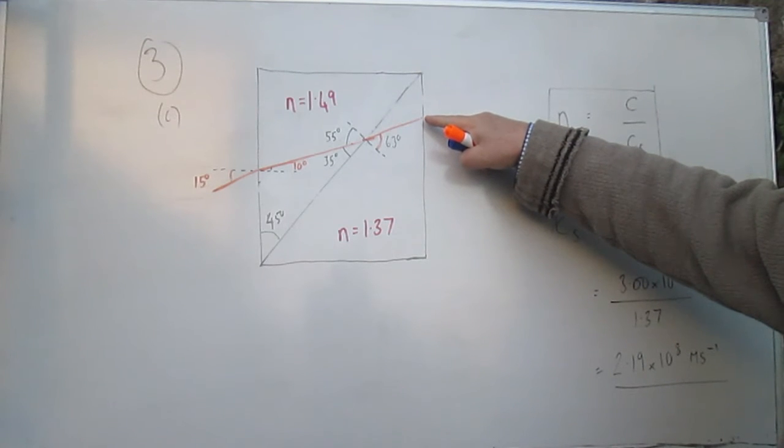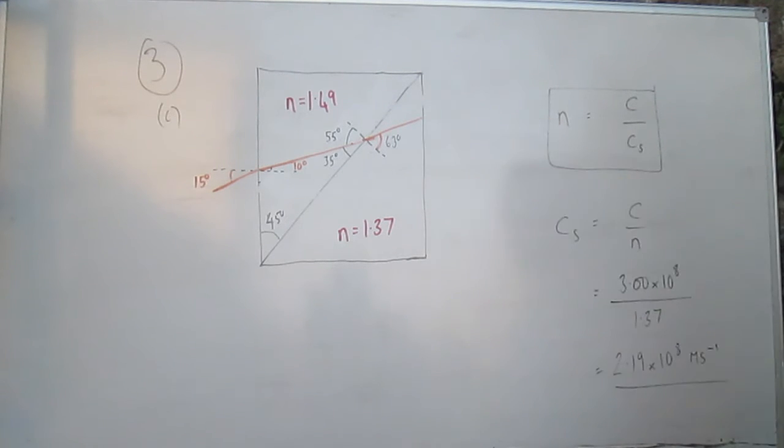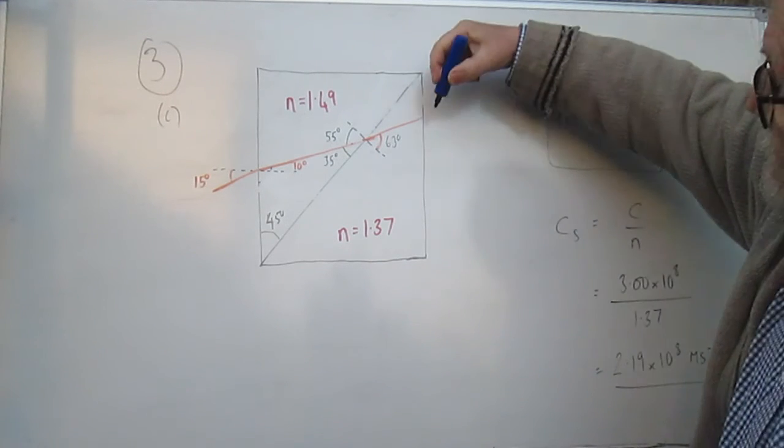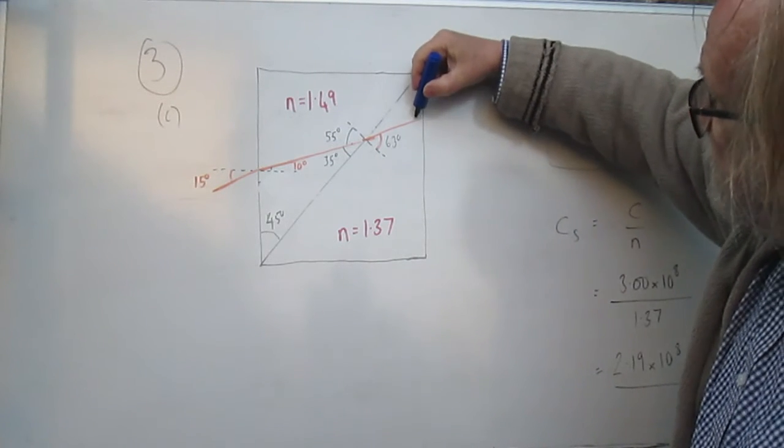In part 3 it asks us to draw on then what might happen when you get to the boundary here and the light emerges again. It doesn't actually tell you that you have to calculate exactly what happens, and the fact that it uses that phrasing, a path that the ray could follow as it emerges into the air, is suggesting that they're not necessarily expecting you to do that. So we'll talk about how you would calculate it in a second, but actually to get the marks, I think all you have to do is to realise that here's your normal here,